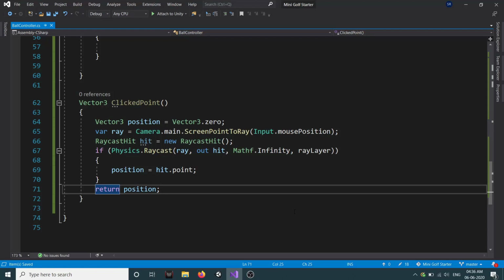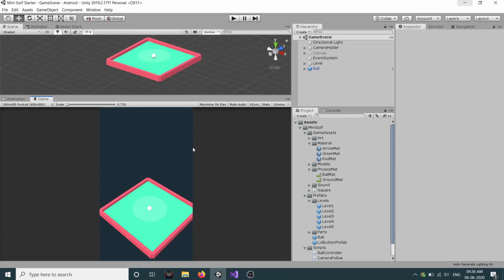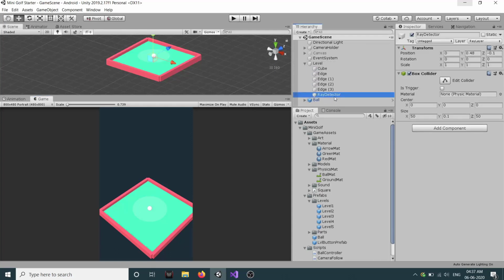Now the reason we are doing this is because if we just save and go back to our editor, and let's say we click on our screen, it won't give us the world position, and we want the position corresponding to this ball, right? If we click, it gives us this screen position. So what we are basically doing is, let's say I'm clicking here, we will pass a ray from this point, and it will keep on going until it hits some game object. Right now, as you know, we have this ray detector, and our ray only detects game objects which are on the ray layer.